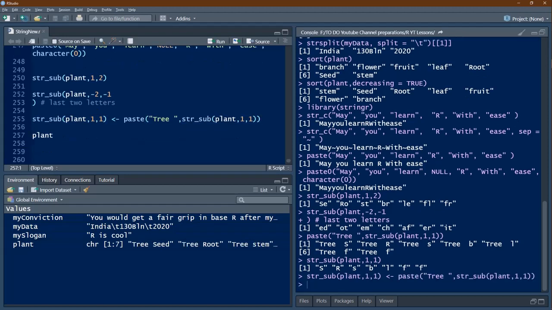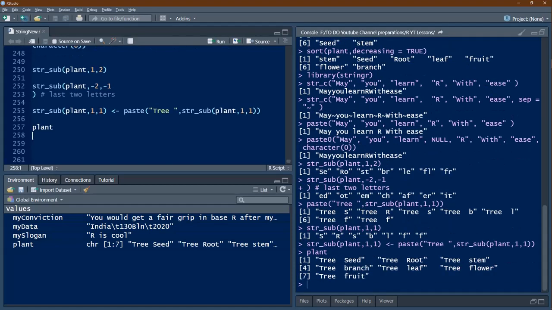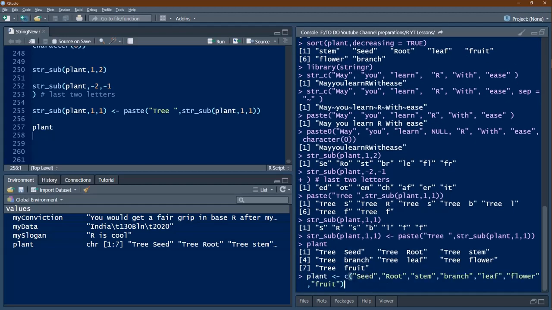So now let us look at plant. So it is tree seed, tree root, tree stem, etc. So basically this can be simply achieved. Like for example, let us execute the plant command once again, where the plant has been changed now. Yeah, let us execute this.